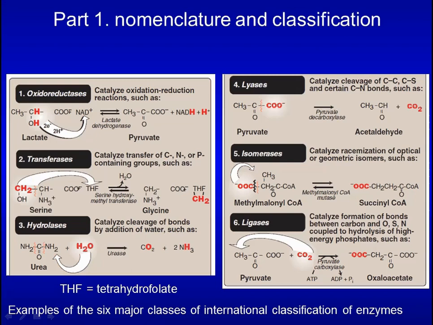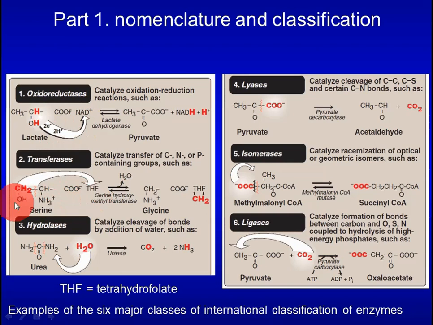Enzyme can be divided into 6 classes. First class, oxidoreductase, catalyze oxidation reduction reactions such as oxidation of lactate and reduction of NAD+ by a dehydrogenase. Second class, transferases, catalyze transfer of functional group such as a methyl group from the serine to folic acid by